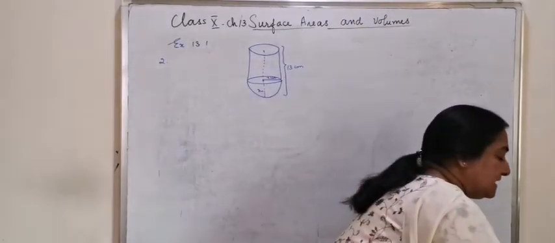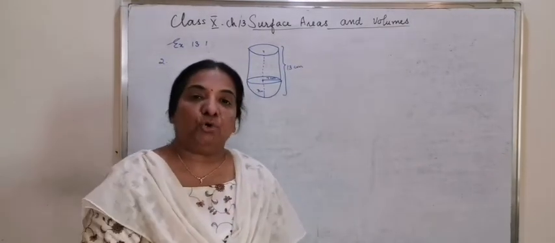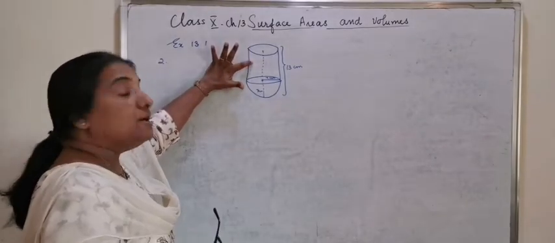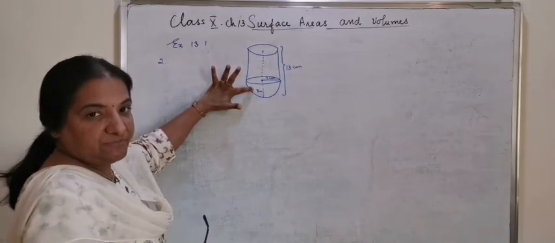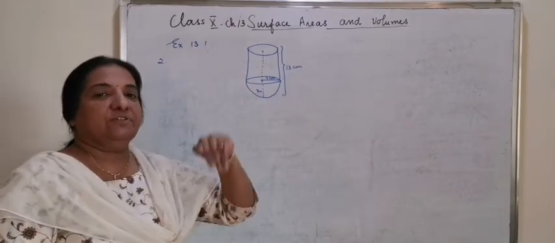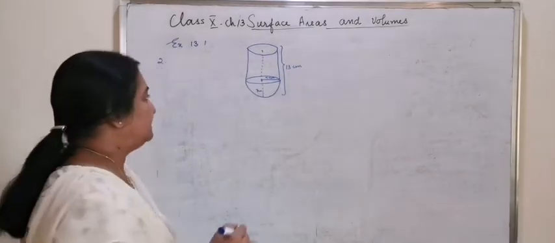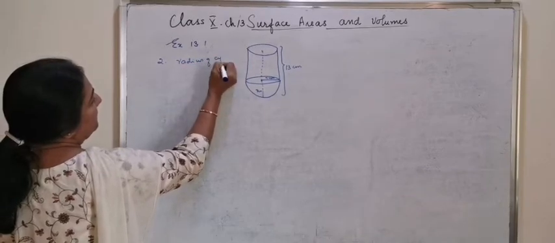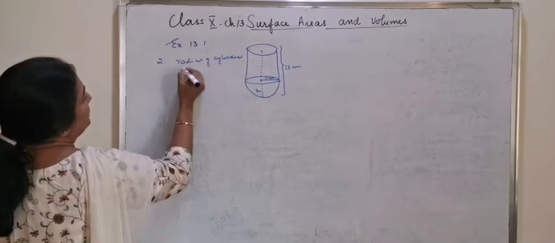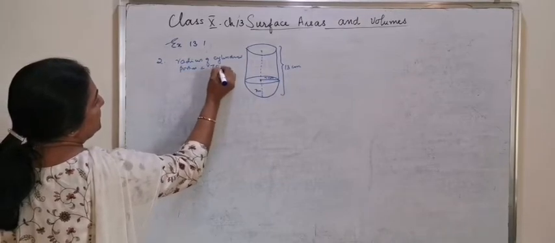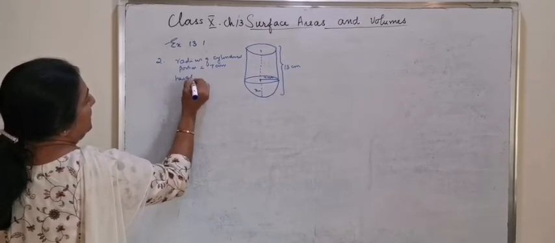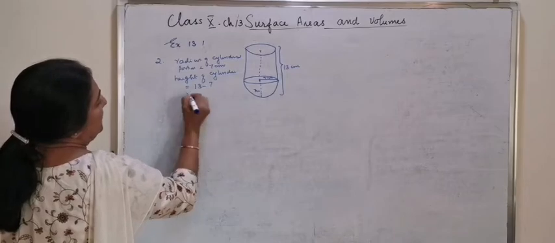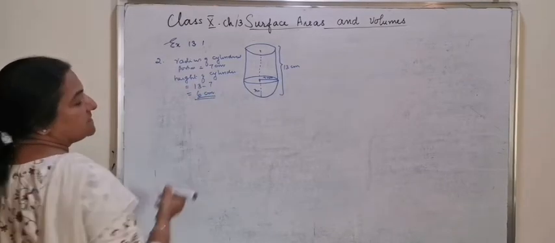Since the question is inner surface area and the word hollow, which shows that you have to calculate the curved surface area of cylinder plus the curved surface area of the hemisphere to get the total surface area of the inner part of the vessel. The first part is the radius of the cylindrical portion, which is equal to 7 centimeter. Height of the cylinder is equal to 13 minus 7, which is equal to 6 centimeter.